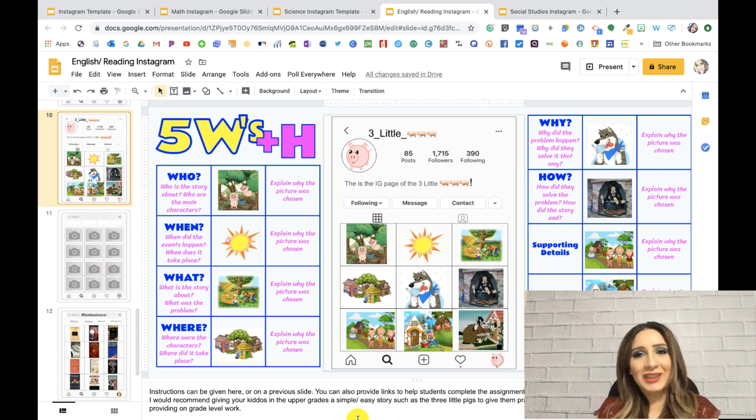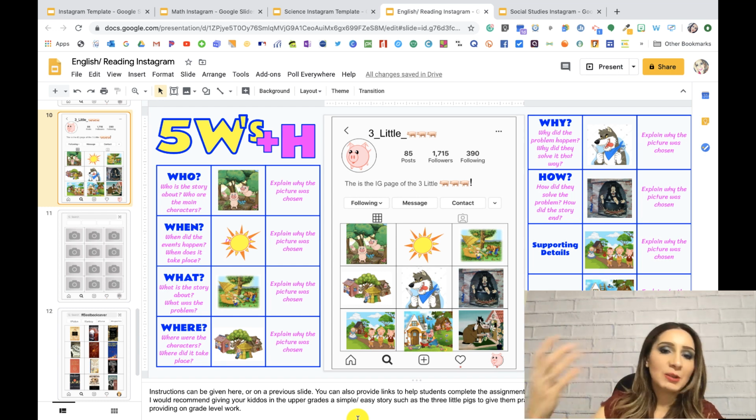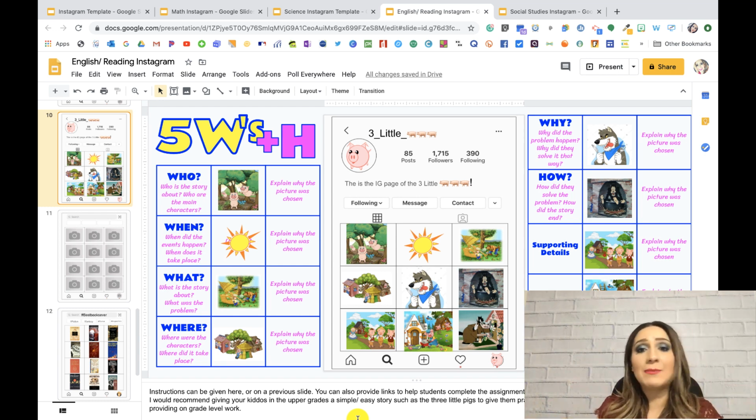I actually really like this next one. This is an IG page. That means it's a page devoted to something or someone, a group, an organization. It might be a band. It might be a famous person. So it really doesn't matter. The sky's the limit. It's more of a general type of template. In this case, we're doing the 5 W's plus H. That means what's the who, the what, the where, the when, the why, and the how of the 3 little